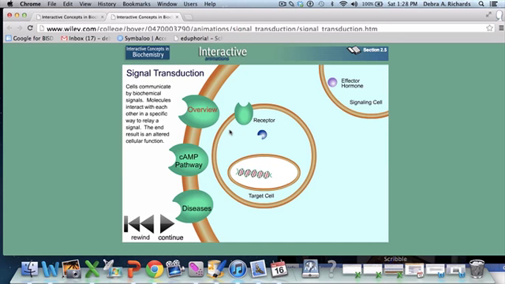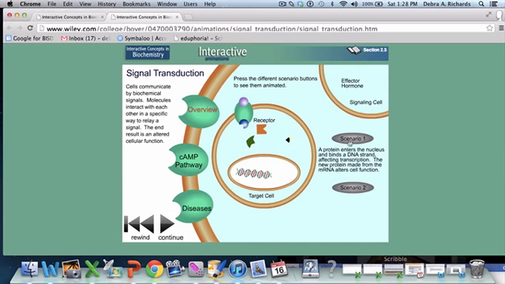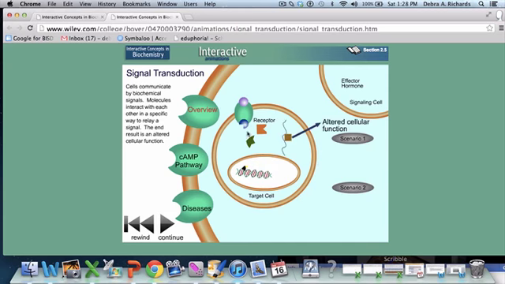So when we consider cell communications that involve biochemical signals, if we look at this pathway, we'll see an effector hormone releases a signal. That signal binds with a receptor, and then that receptor causes a reaction inside the cell. That reaction could be that it causes a protein to be produced. Notice that the signal ends up being processed and interacting with the DNA, producing a protein, and then that protein